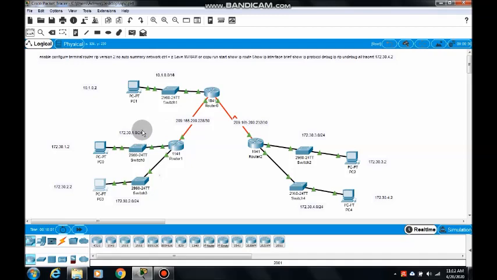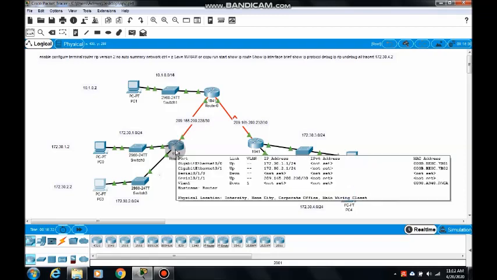Now come to the configuration of a router. This router has three interfaces. One interface is connected with the 1.0 network, this interface is connected with the 2.0 network, and this interface is connected with the 209.165.200.228 network.